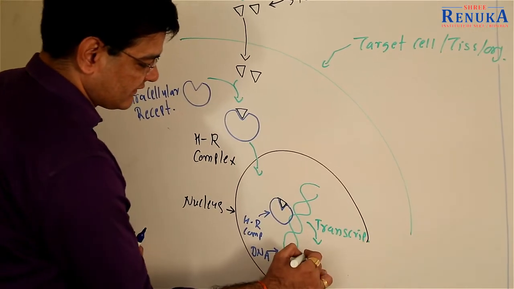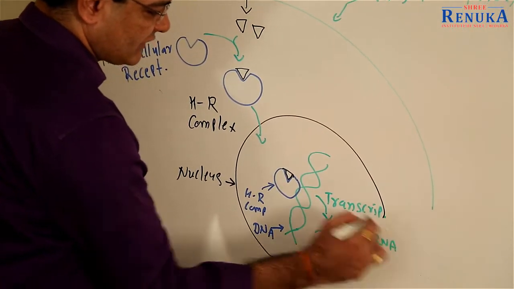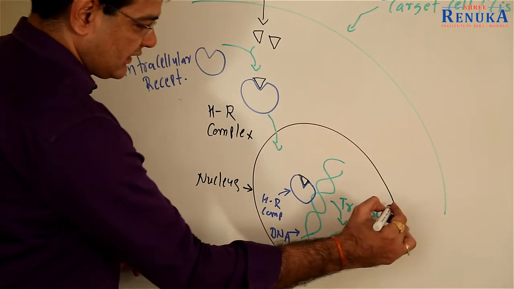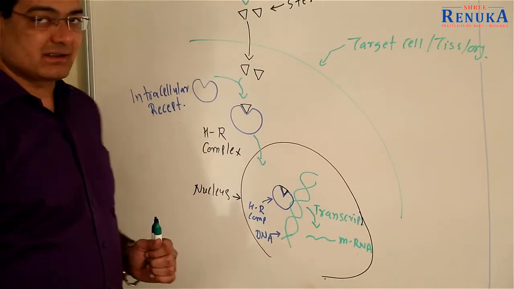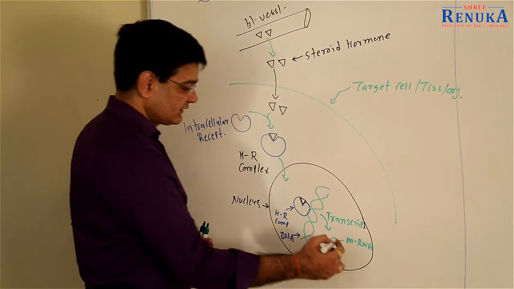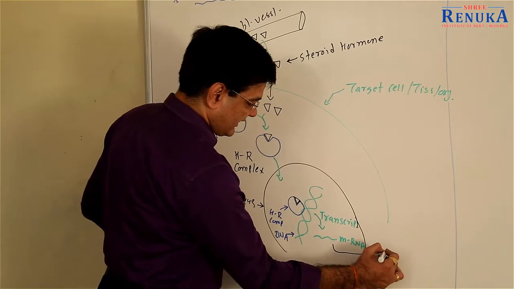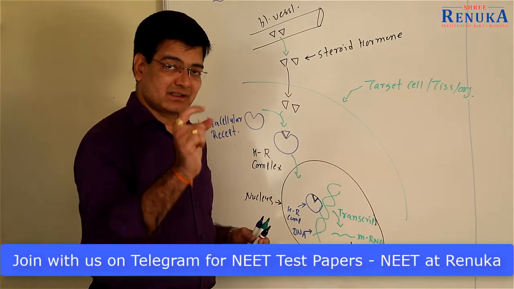In the transcription, mRNA is synthesized. So inside the nucleus of the target cell, mRNA is synthesized under the influence of the hormone receptor complex. This mRNA diffuses out from the nucleus and is located in the cytoplasm